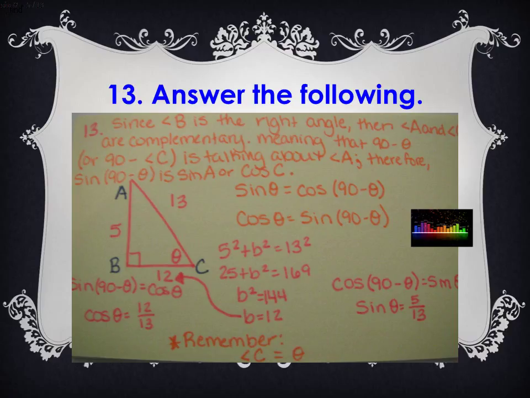To find cosine of 90 minus theta, we know that this equals sine theta. And sine of theta is just opposite over hypotenuse, which is